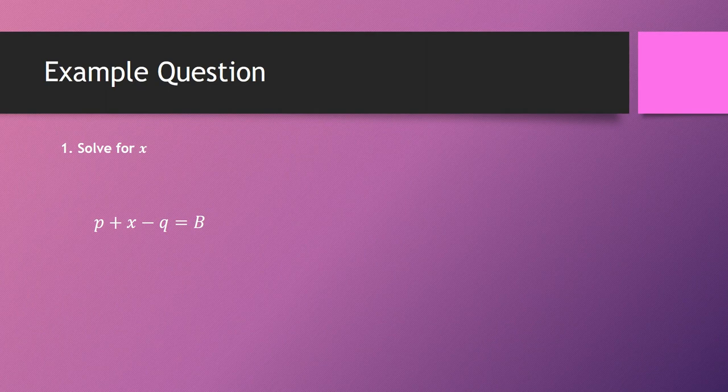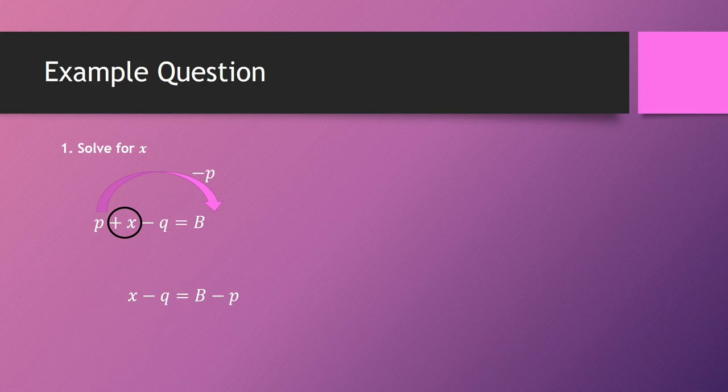So we've got p plus x minus q equals b. So x is the variable that we want on the left-hand side. So we're going to leave the x there on the left. Then we're going to subtract p from both sides of the equation. So p comes to the other side of the equation as minus p, and we're left with x minus q